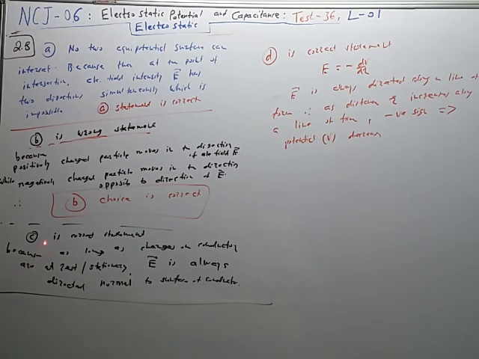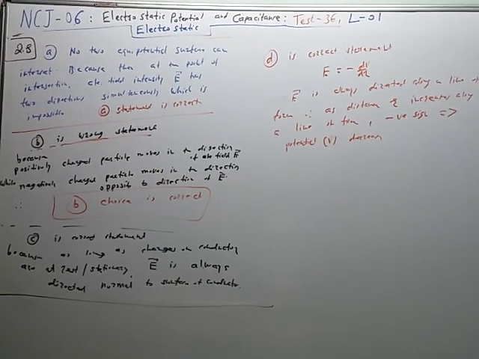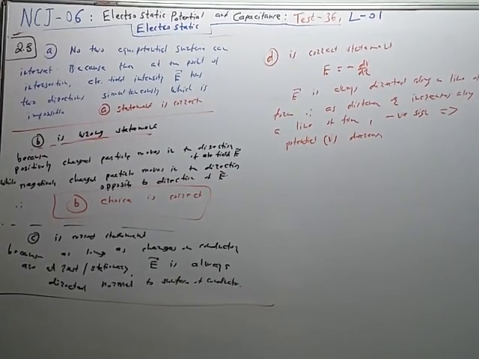Now, in this statement, by the 5-star property, whatever may be the shape of the conductor, as long as the charges are stationary at rest, this is the property of the chapter electrostatics, the intensity is directed normally away or normally toward, depending upon the positive or negative charges. So E is equal to minus dV by dr. As r increases in the direction of electric field along the lines of force, the potential will decrease. So D statement is correct, C statement is correct, A statement is correct, only B statement is wrong, and therefore B is the correct choice. Okay, we will see the remaining questions next time.